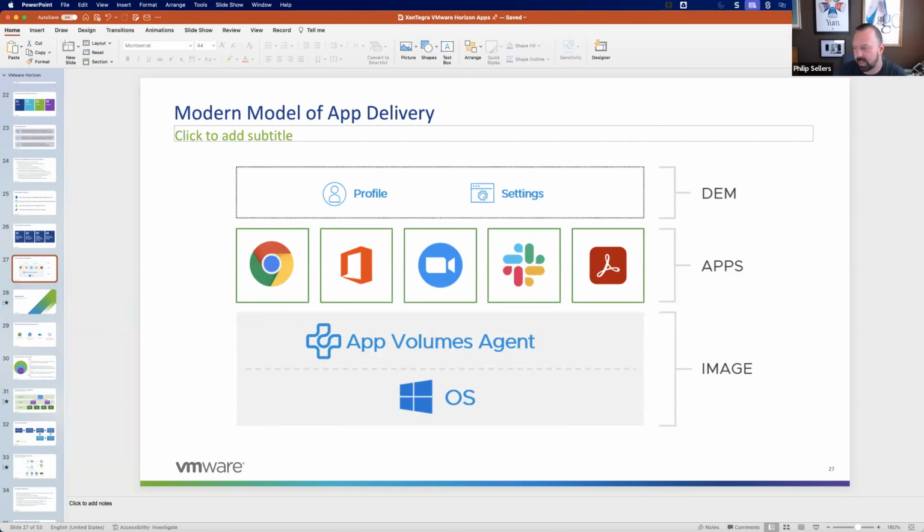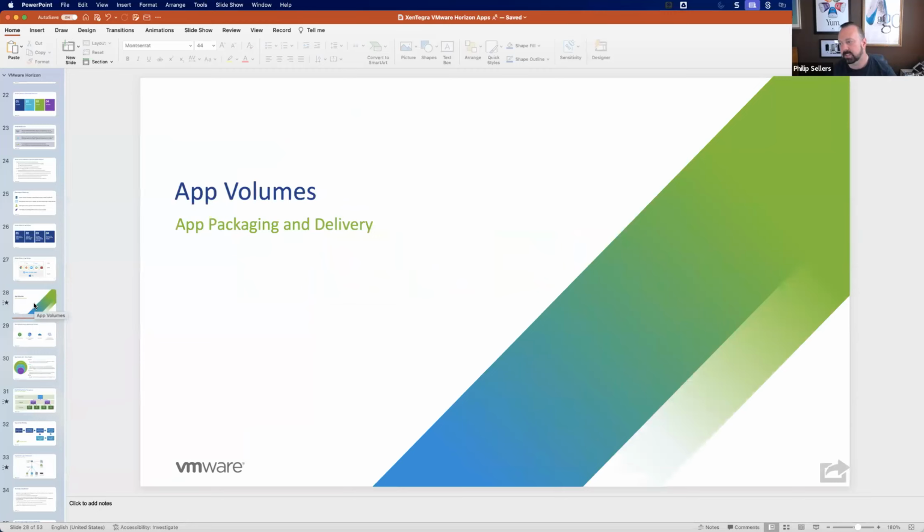All right, so if that's making sense, let's dig in a little bit more on App Volumes. So what is App Volumes? It is part of the Horizon suite. It's included in your Horizon Ultimate, Horizon Universal subscription. There's also a Horizon Apps Universal subscription that allows you to use App Volumes